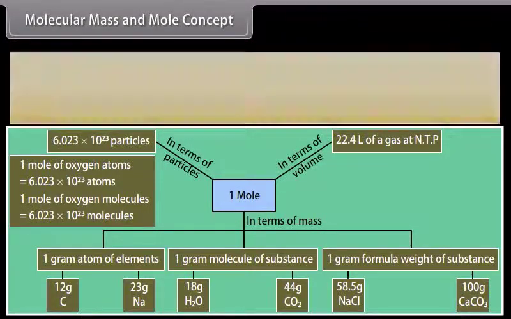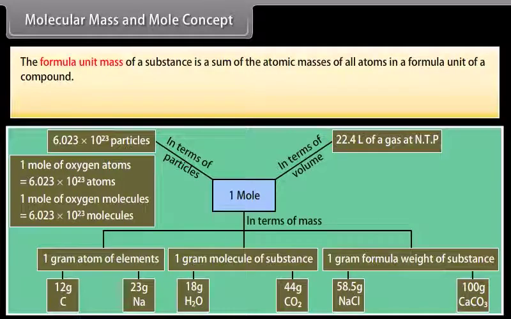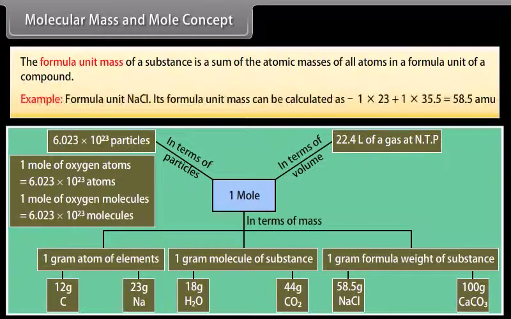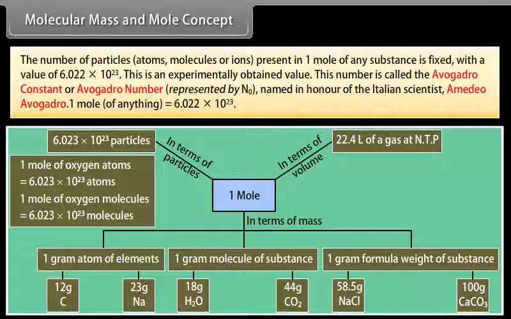The formula unit mass of a substance is the sum of the atomic masses of all atoms in a formula unit of a compound. Example, for the formula unit NaCl, its formula unit mass can be calculated as 1 times 23 plus 1 times 35.5, which equals 58.5 units. The number of particles, atoms, molecules, or ions present in 1 mole of any substance is fixed with a value of